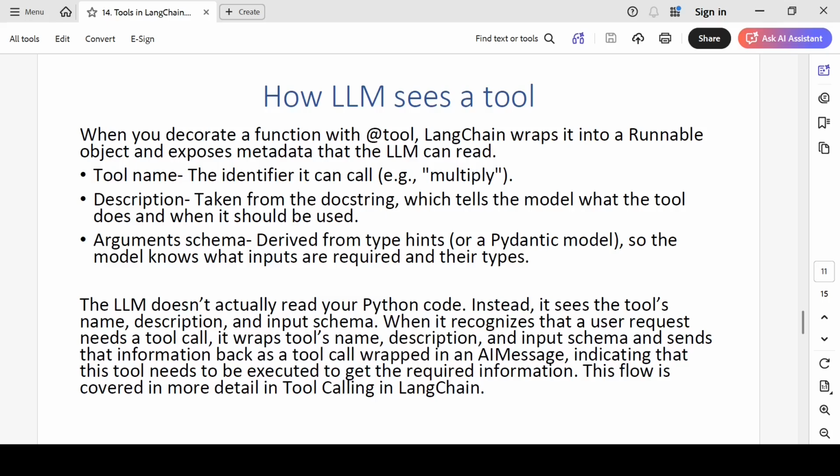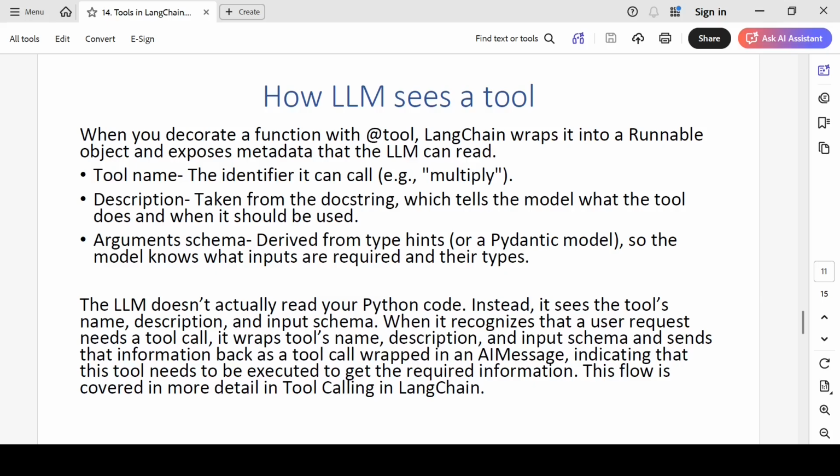But first, let's try to understand how the LLM actually sees these tools which you create. So when you decorate a function with @tool or you create it using BaseTool, whatever way you choose, LangChain will wrap it into a runnable object that I've been telling you. That is why you are able to use the invoke method.